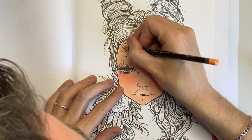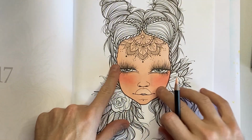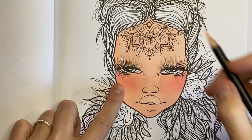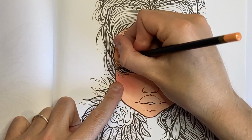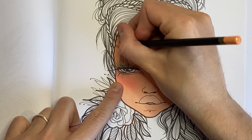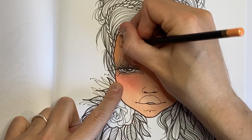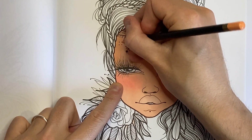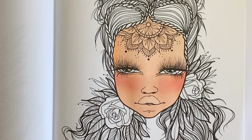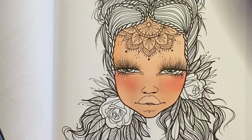Such a good match to this. What colour did I use again? I've forgotten. Linen. So you can just barely see it. Let me see if I can zoom you in. Can you see here? Like you can barely see, but it just gives a very slight definition, and obviously this beautiful